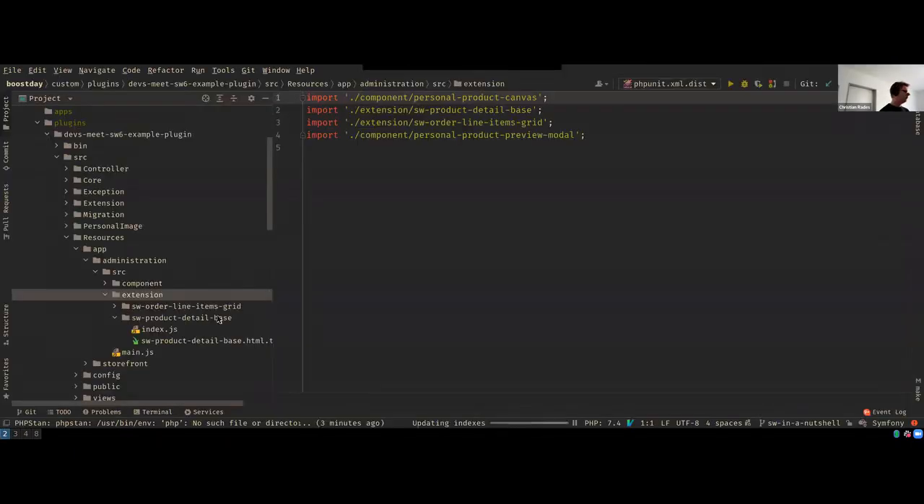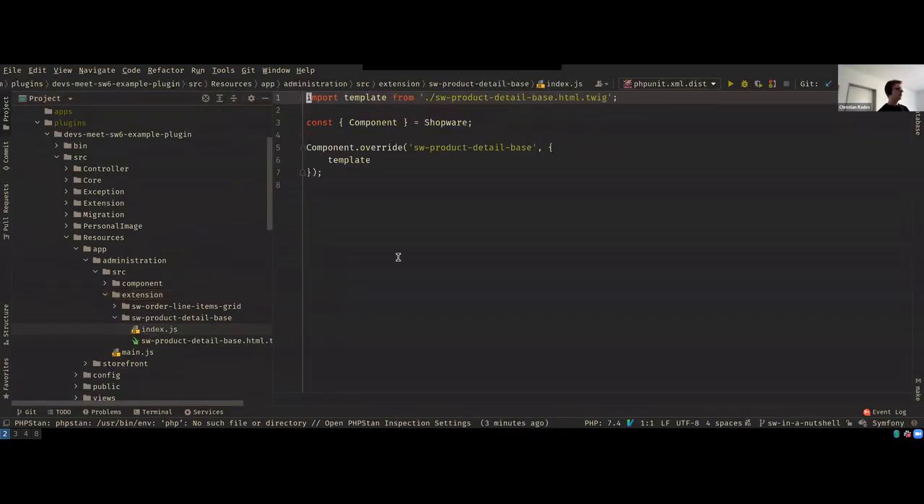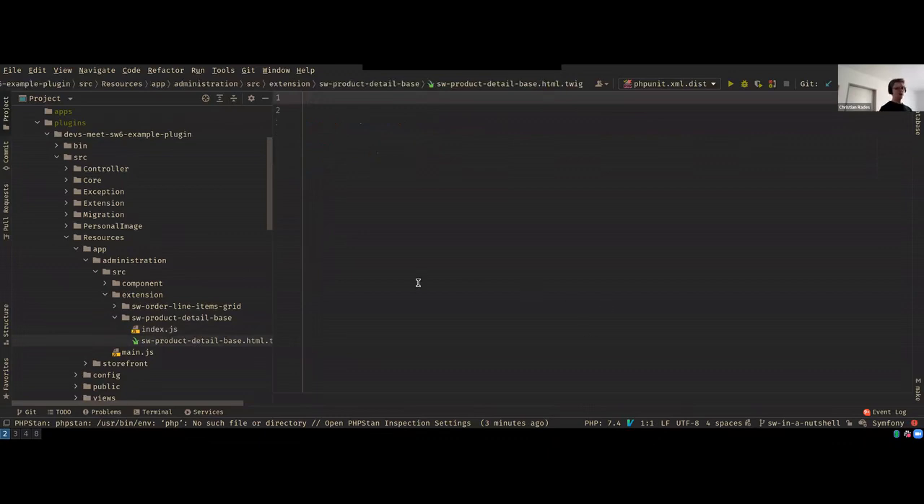And so we go into our index.js and we'll see nothing much happens here. In this index.js, what we're doing is we're telling Shopware through the component module to override the standard Shopware product detail base with our own. And what do we want to override? We want to override the template. So this template here is empty, and we'll just